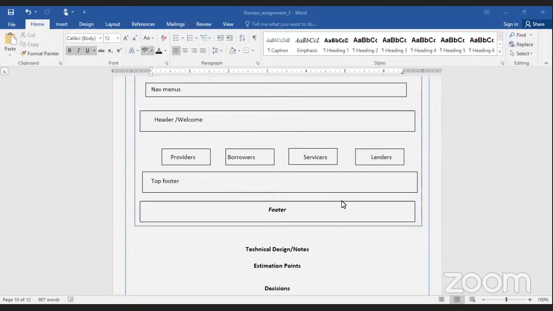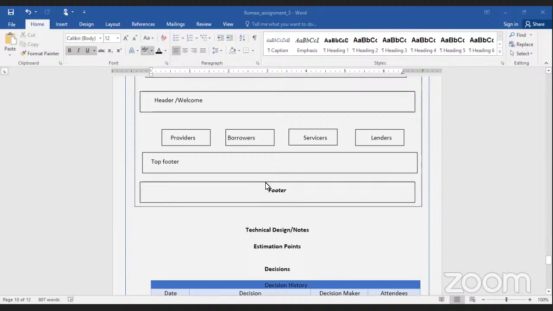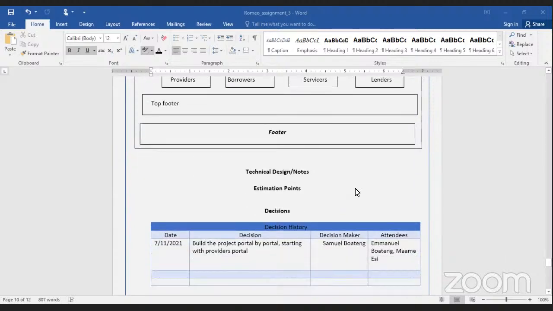The top footer should have contact information, links to the various portals, and a short summary about the company, ABC Finance. Then the footer should have information about the design of the application, or the year the application was created.